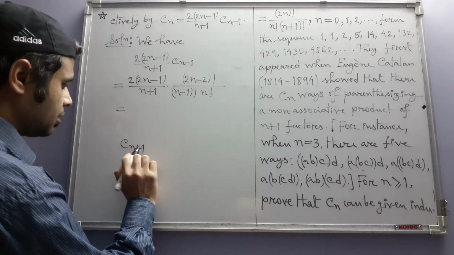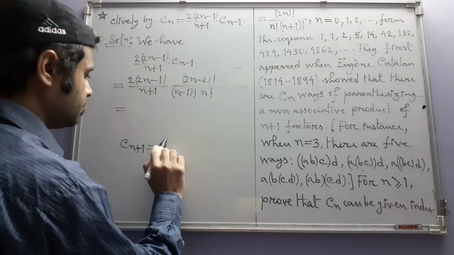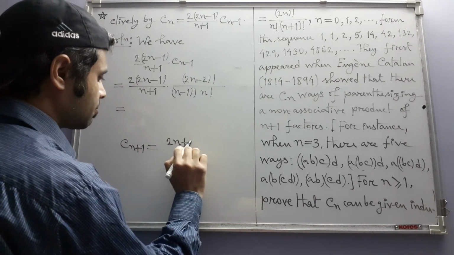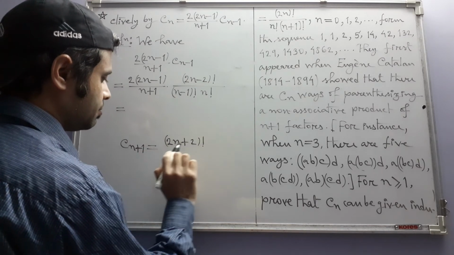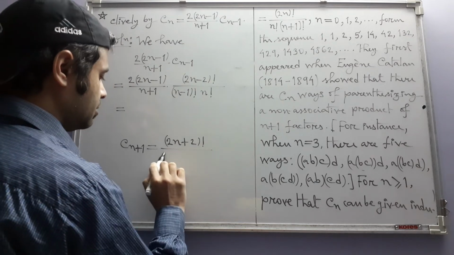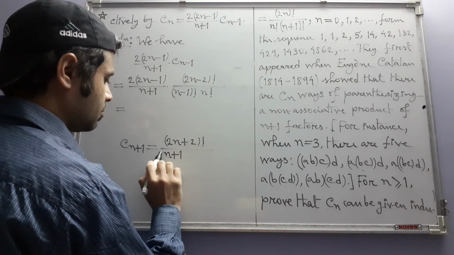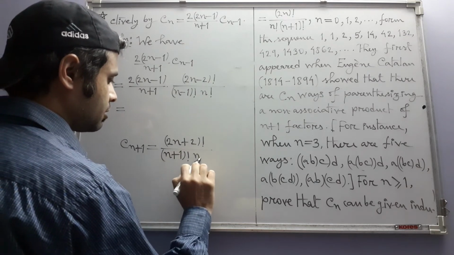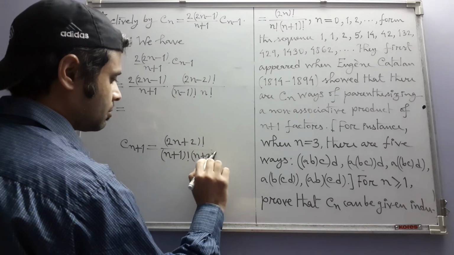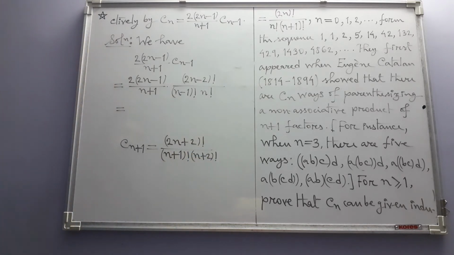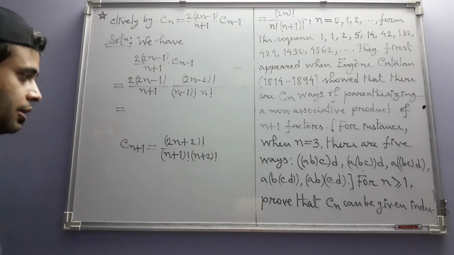Cn plus 1 according to this formula is (2n plus 2) factorial divided by (n plus 1) factorial times (n plus 2) factorial. So we need 2n plus 2 in the numerator. We need